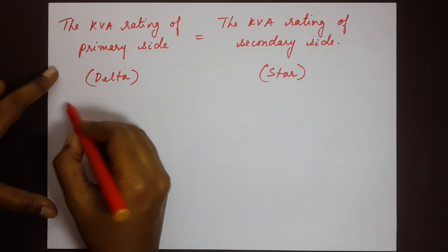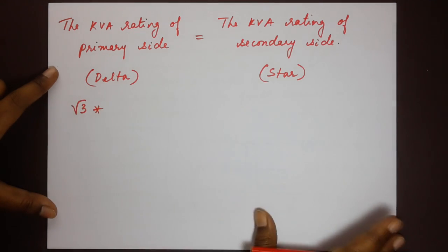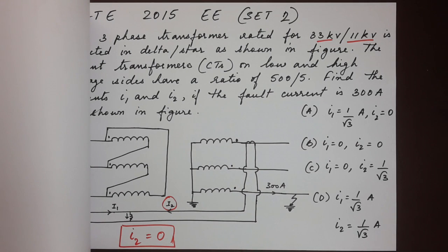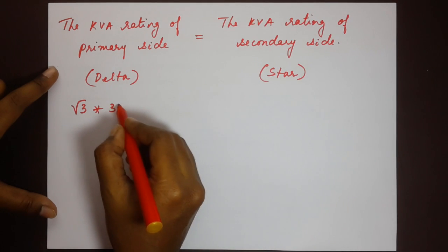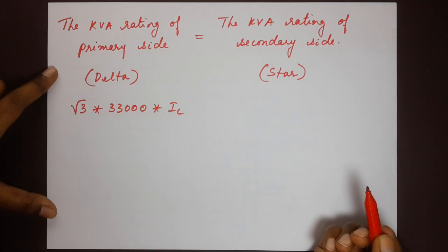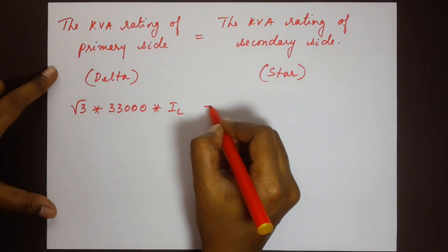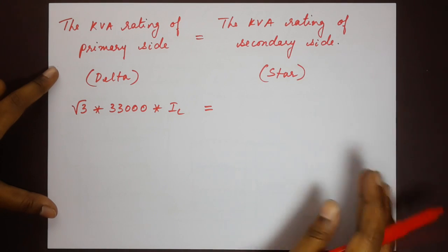So the kVA rating of the primary side, we would now have √3 into what is the voltage value? The voltage value is given as 33 kV in the question. So 33,000 into IL, that's the line current, is equal to, now the kVA rating of the secondary side,